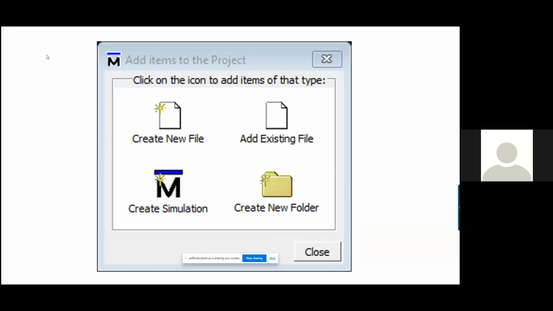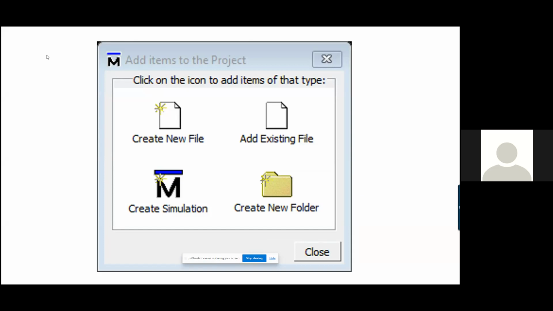then another window comes in which 4 options are available. The first one is create new file. The second one is add existing file. Third is create simulation. And the fourth one is create new folder. If you wish to make a new file, then you select create new file.